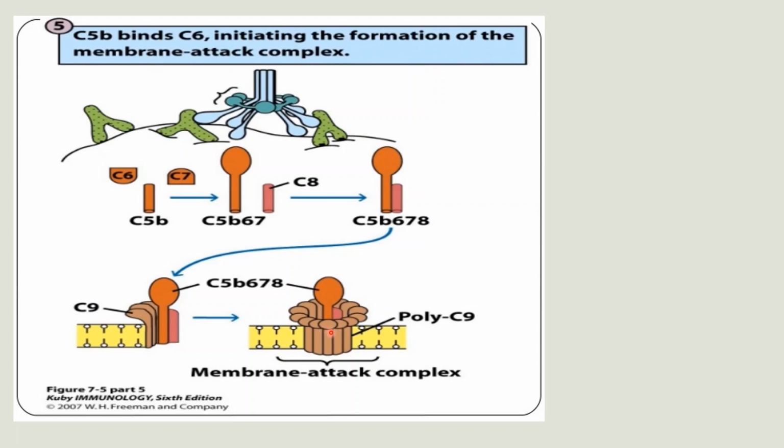Since ions and small molecules can diffuse freely through the central channel, the cell cannot maintain its osmotic stability, and it is killed by an influx of water and loss of electrolytes. So this is the function of the membrane attack complex. This is how complement proteins kill or lyse the target or bacterial cell by the classical complement activation pathway.